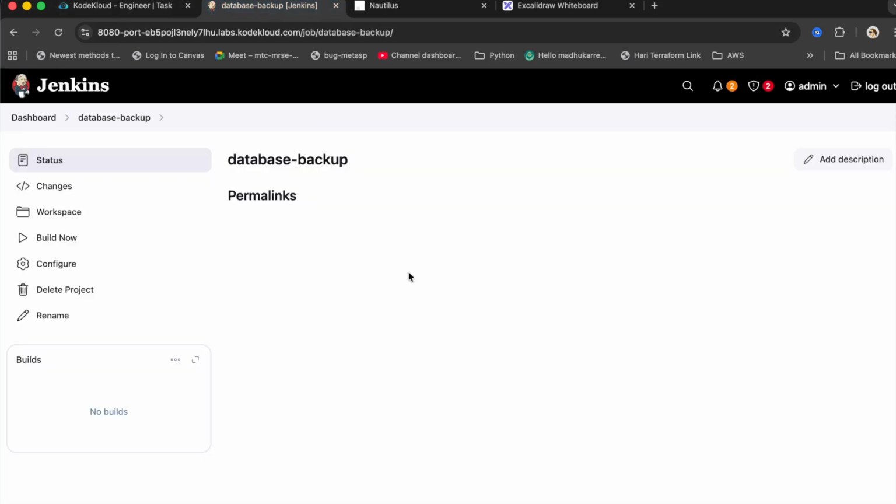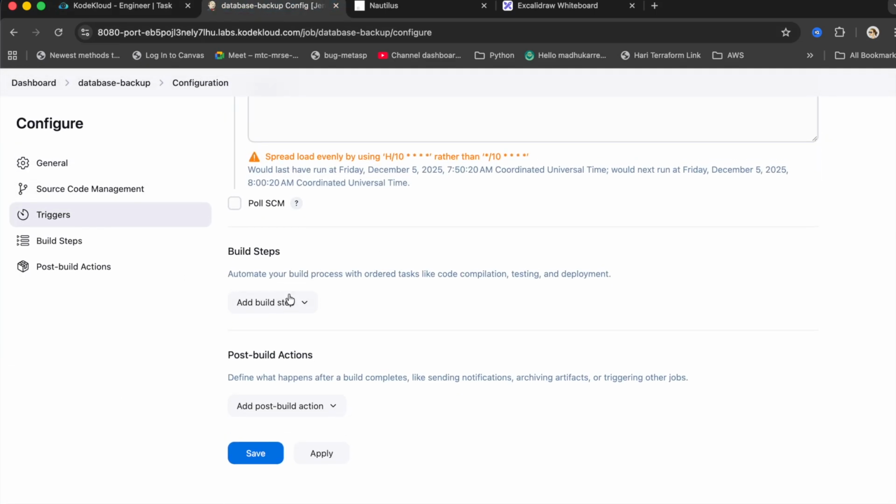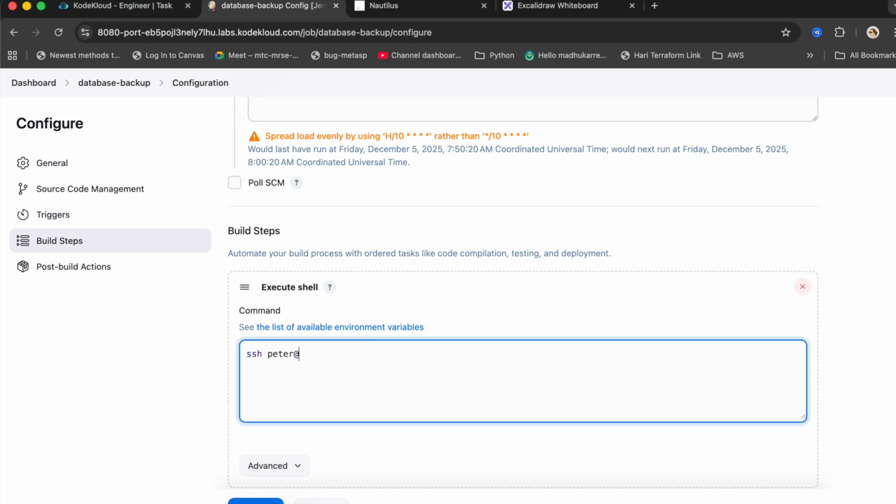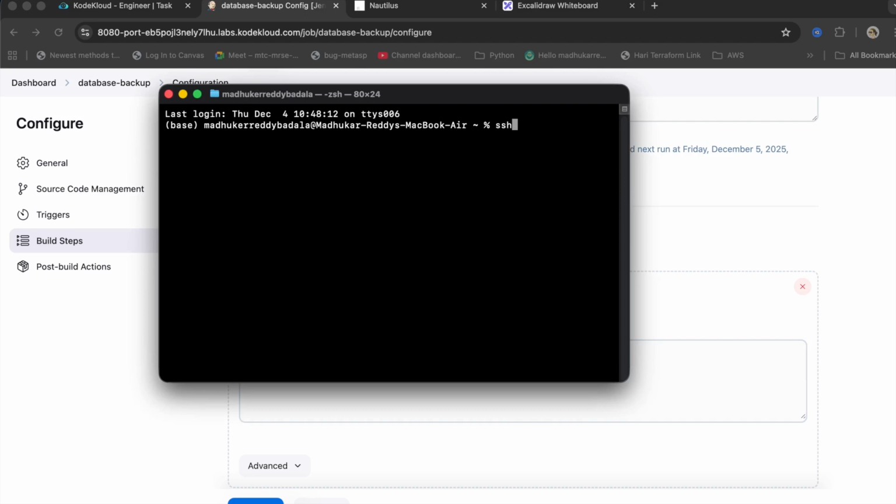So let's construct a command. Go to configure, add execute shell. Now we need to connect it to our database server first. Peter at DB server stdb01. So what I'm trying to do actually, if I want to connect it to my server, what I can do